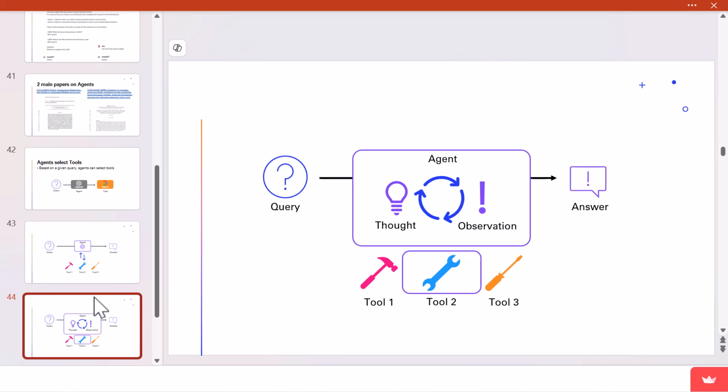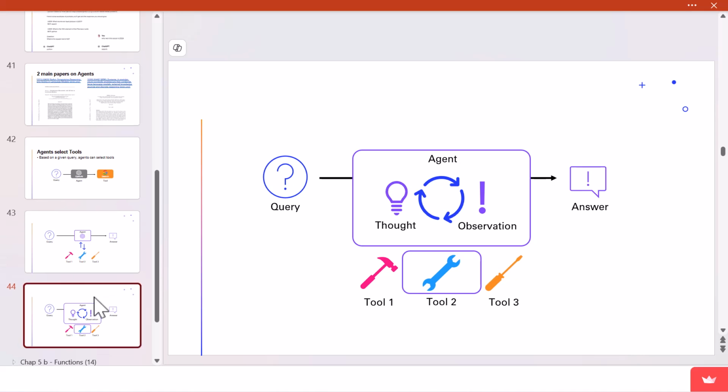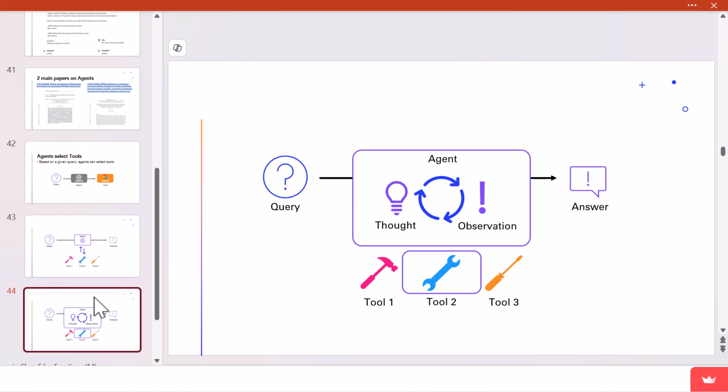And this is a loop, this is an iteration, so once you use tool number 2, you will get the result from this tool, and then you'll ask yourself again, do I need something more in order to continue answering this question? And so this could go on for several iterations. So that is not a single turn of instruction following, but it's a slightly more complex system.